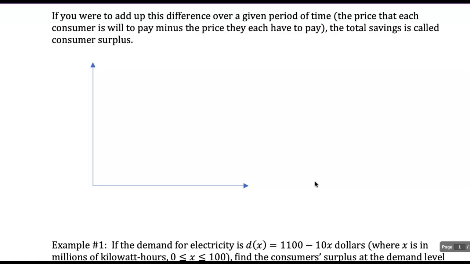Okay, so what I'm going to do right now is go ahead and draw a demand curve. Demand curves need to have a negative slope because when you look at price and you look at quantity,